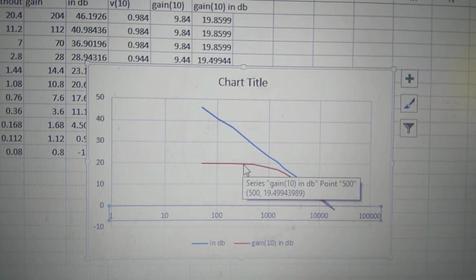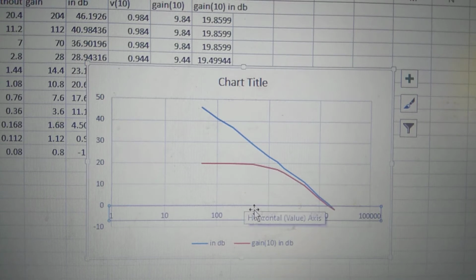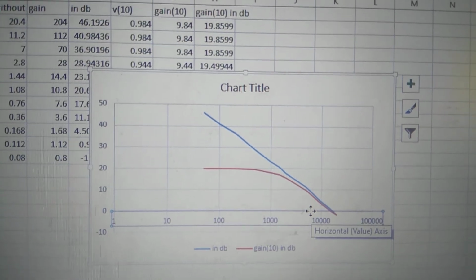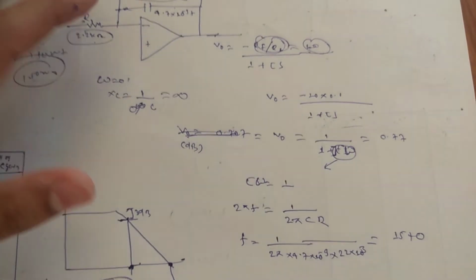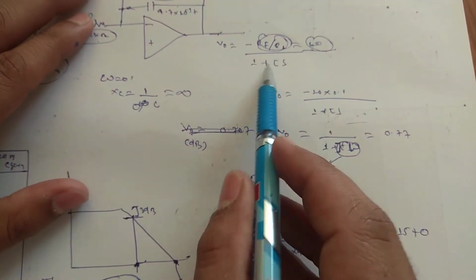Now we are going to look at these 2 points. In the frequency range around 100 to 1000, meaning around 500 Hz, we will be seeing low pass filtering, and around 1000 to 10,000, meaning around 7500 Hz, we are going to see the perfect integration happening. Now we are just going to zoom on the DSO. But before going to the DSO, let us discuss this point.